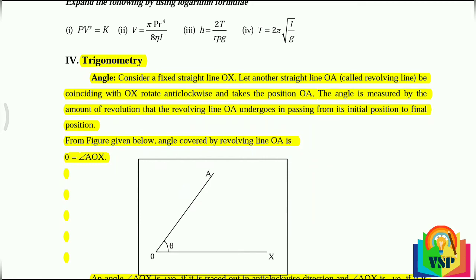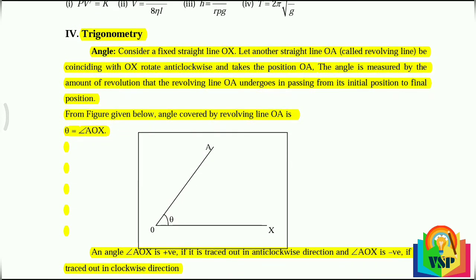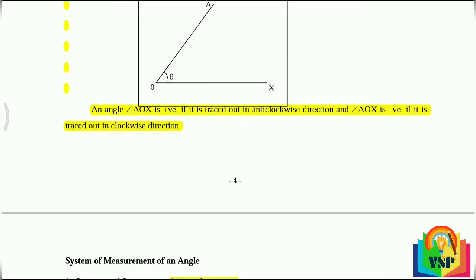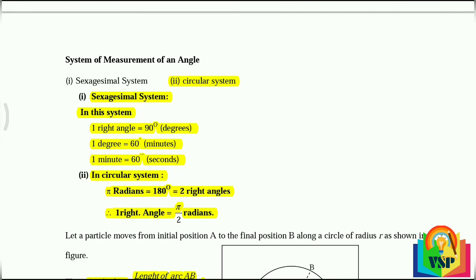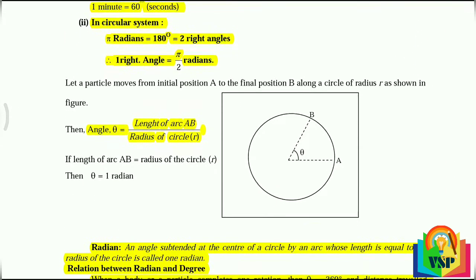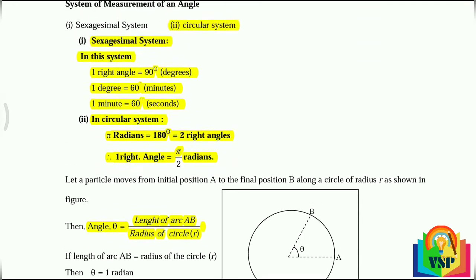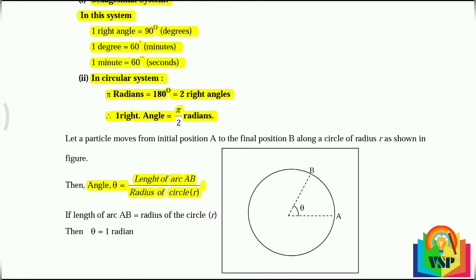This basic mathematics is very important for understanding physics. Trigonometry: the ratios are important. From the right angle triangle, how can we write cos theta, sin theta, and so on? That is based on the angle theta being equal to the length of the arc AB divided by the radius of the circle. Okay, from this we can measure the angle in a circle.